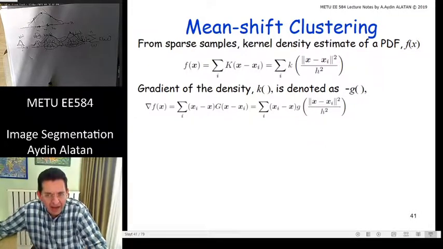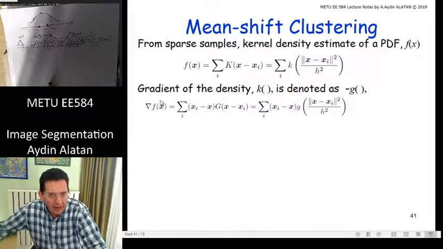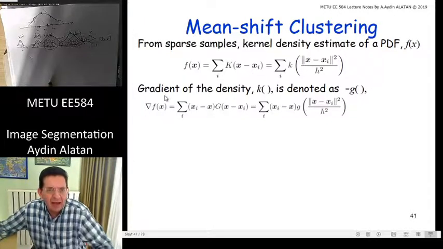At the end, I obtain this x minus xi due to the derivation of the thing inside. Taking the derivative of this thing with respect to x, that x minus xi will go out. And you will also have this minus, due to this minus g here, and you have this xi minus x. Now, you obtain the gradient of your